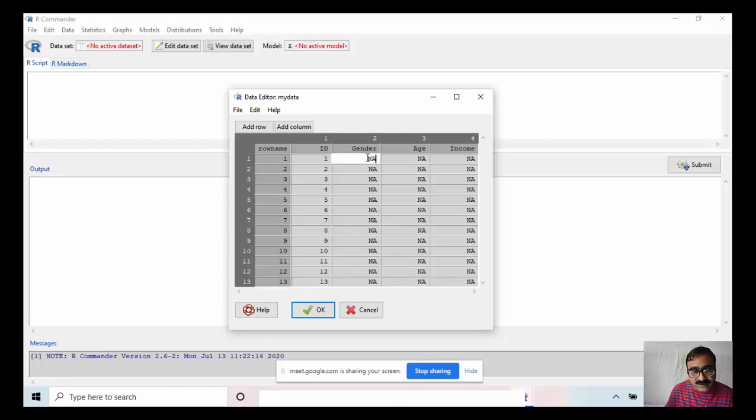Now the gender, suppose I am writing M for male and F for female.